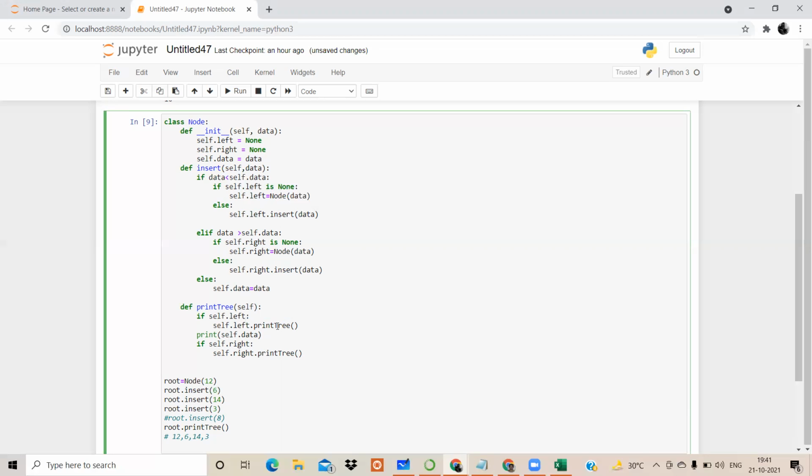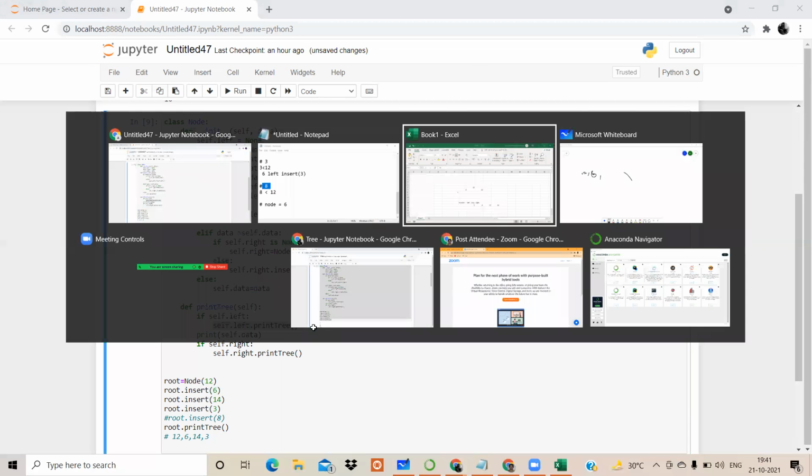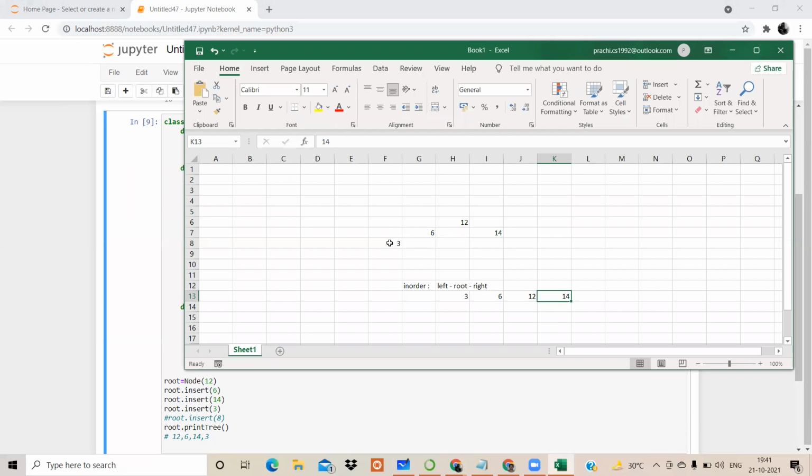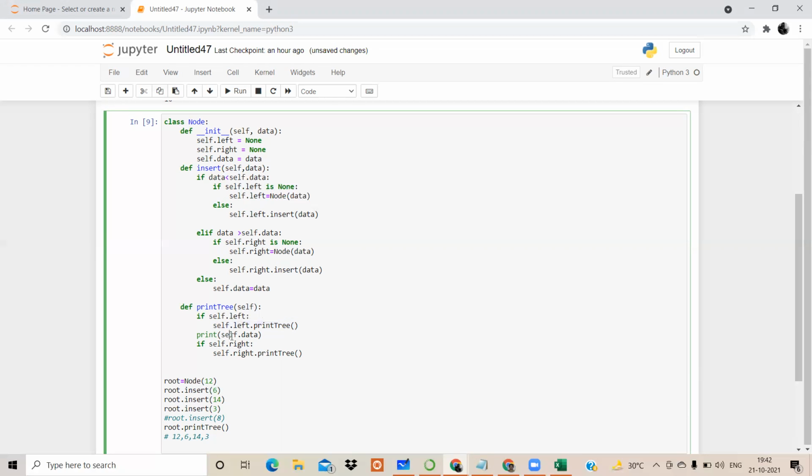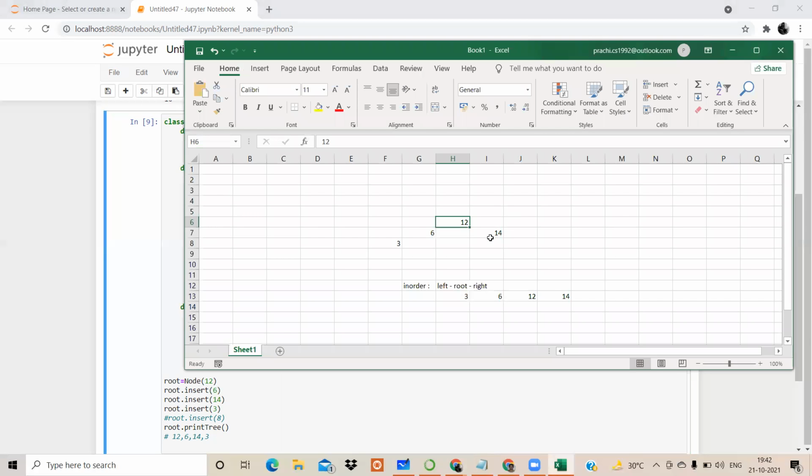That means if there are any elements which are present towards the left, then first print all the left hand side elements. Like in this Excel sheet as well, we have seen first we are printing all the left elements. Once all the left elements are printed, then we print the root element. So हमारा root element किसके अंदर stored है? So self dot data के अंदर we are storing that root element जो node के अंदर है. So that will be printed and then it will go to the right hand side and जितने भी right के elements है that will be printed.